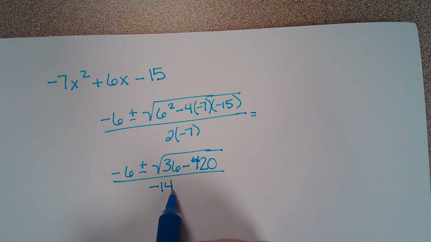So 420 minus 36 is going to give me 384. So 384 is negative. So far, how are you guys doing? Did you get that part right? Yeah, we're there? Okay. So the i means that we're going